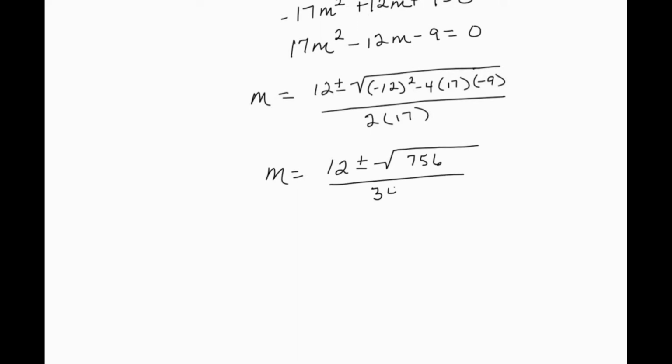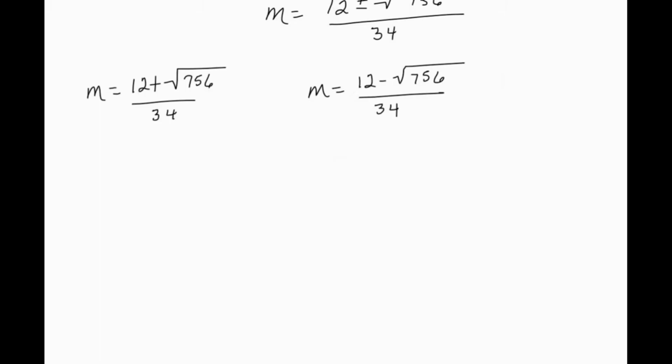And now I can take this and break this up into two different numbers. On the left-hand side, I'm going to get m to be approximately 1.16, and on the right-hand side, I'm going to get m to be approximately